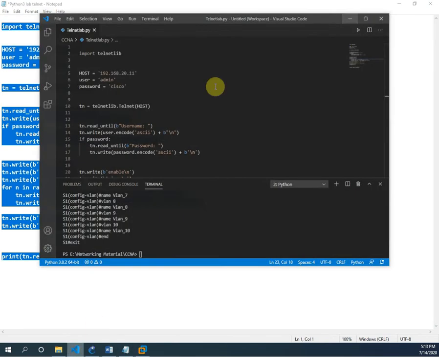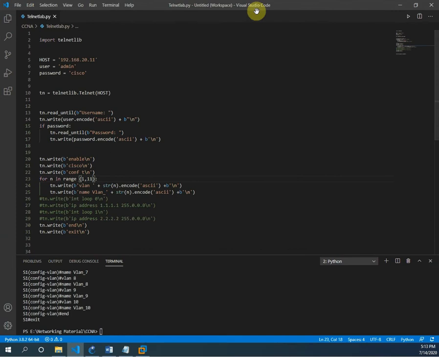So as in the last video we already discussed, I have the Visual Studio Code. In this one I have the old code, I modify only. I put the / here, so this green color will not execute when we run the code, and only we have this, this is the new thing what we have in our last code. Remaining all are the same as we have in our last code.